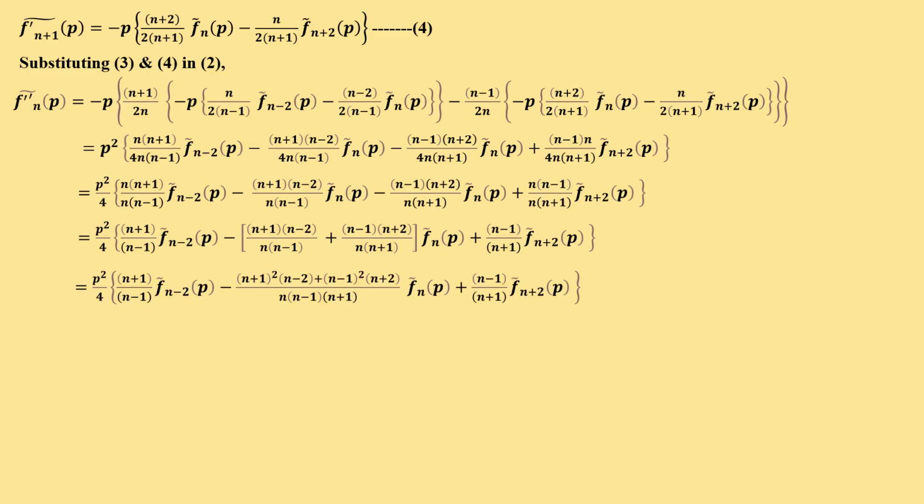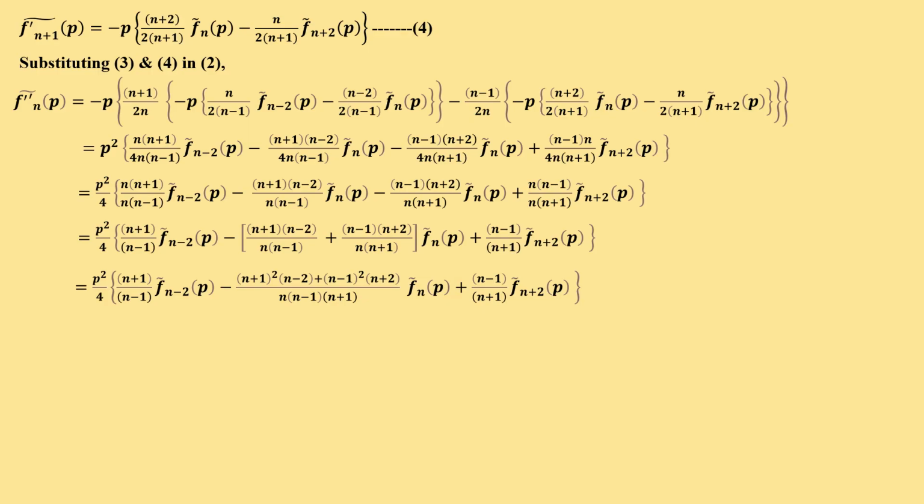(n plus 1) by (n minus 1), fn minus 2 bar of p, minus, we are taking LCM, common LCM, n into (n minus 1) into (n plus 2), (n plus 1). So cross multiplying, right? Because in the denominator you don't have n plus 1 in the first term, we are multiplying by n plus 1, the numerator of the second term. So (n plus 1) into (n plus 1), (n plus 1) square into (n minus 2), plus, similarly you don't have the n minus 1 in the denominator of the second term, right? So we are multiplying with n minus 1, so (n minus 1) into (n minus 1), (n minus 1) square into (n plus 2), all divided by